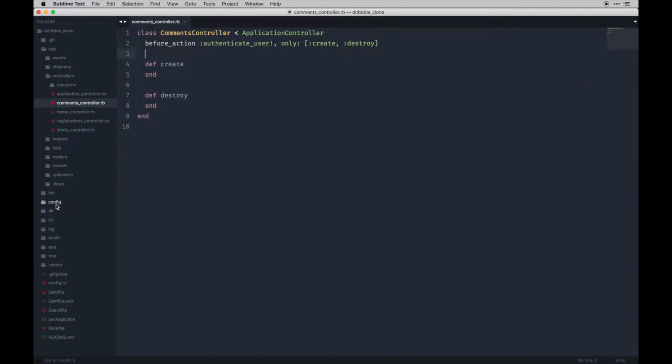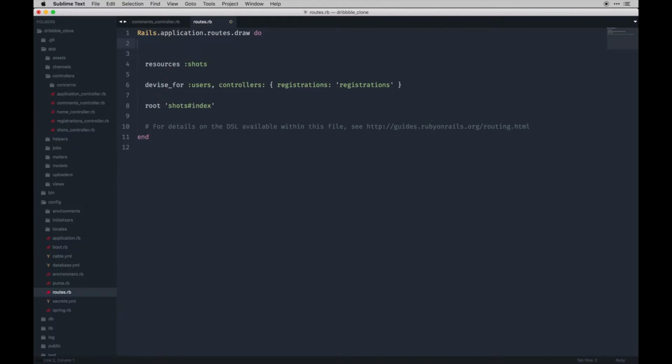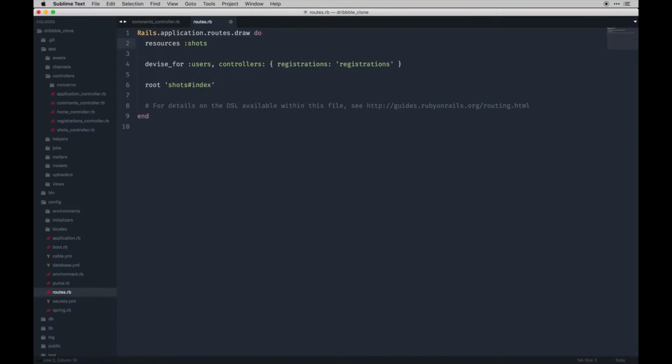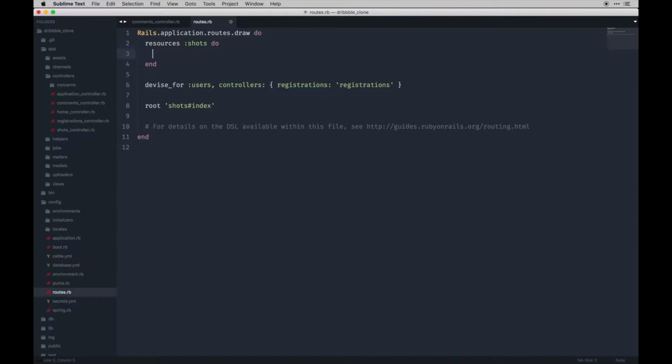Let me see, config routes. So we get these when you generate that controller. I don't want those per se, so I'm gonna get rid of that, go to shots do, and just end it. Now we didn't generate every route for the comments itself, like all the actions we could do, but I'm gonna just add resources for now